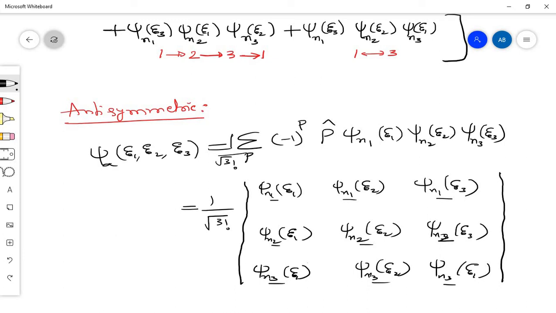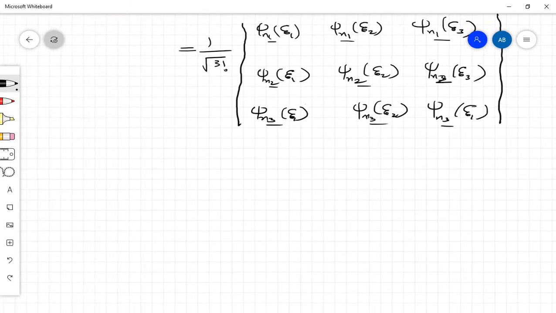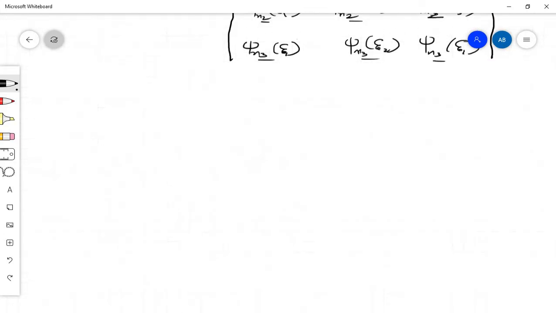What about for an n particle system? How to write for an n particle system? Suppose I have an n particle system. It is not of 2, not of 3, not of 4, but like this, an n particle system. We will write directly for the n particle system. Many particle systems, that is the n particle system.